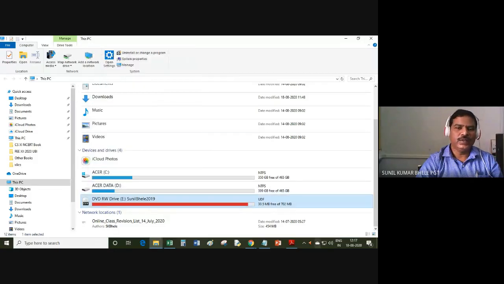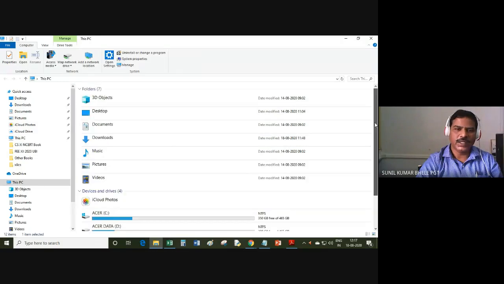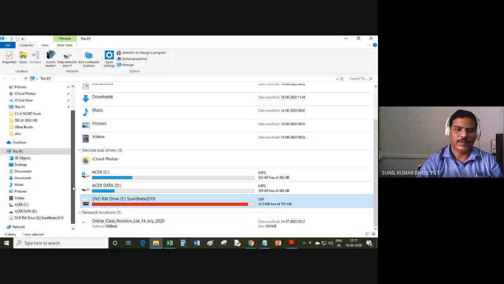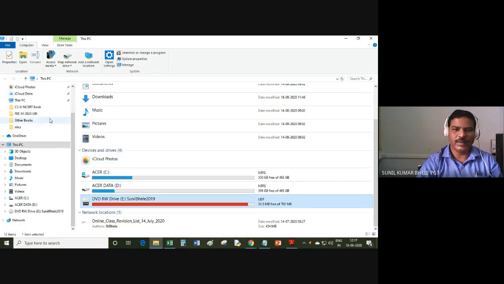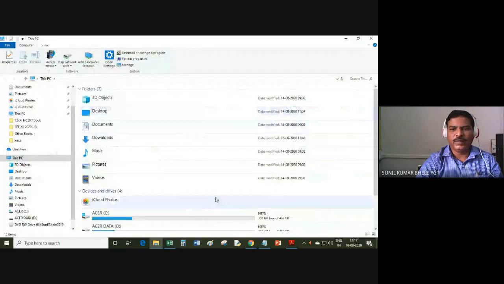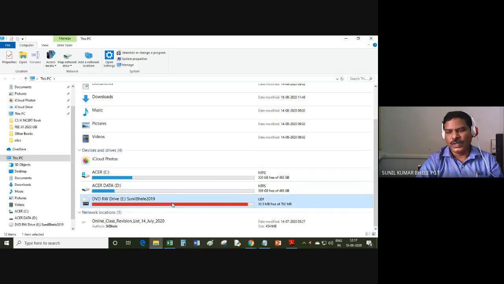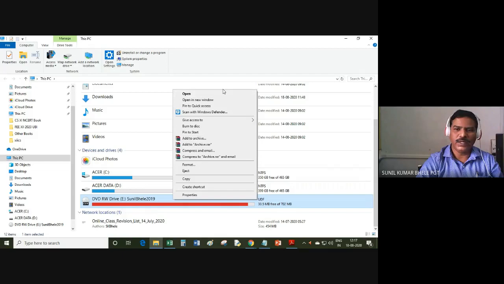So if you want to check the capacity or the size of any of your devices, you insert that device, suppose a pen drive, into the computer and double click on the My Computer icon. Inside My Computer you locate the drive letter for that particular storage device and right click on it, which means press and release the right button of the mouse. It will pop up one window.